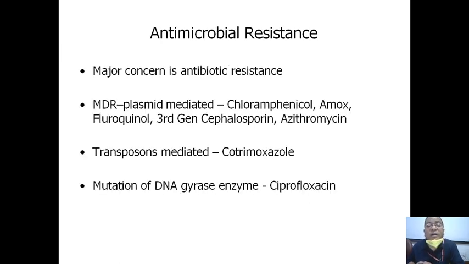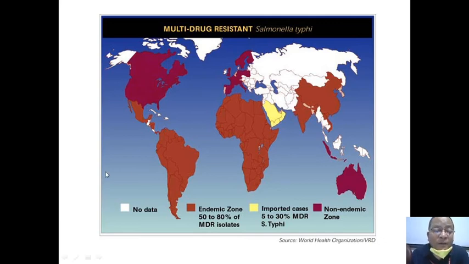As I told you, because of the pathogenicity island in the plasmid, this organism has the ability to mutate its DNA gyrase and has acquired resistance to a large number of different antibiotics. Therefore, this organism has become a multi-drug resistant bacteria in different parts of the world. So you can see the multi-drug resistant bacteria. This is the endemic zone, the dark brick color area. All the brick color area, most of Africa, South Africa, the Indian subcontinent, China, and part of Southeast Asia have multi-drug resistant Salmonella typhi, which are resistant to, as I already told you, the